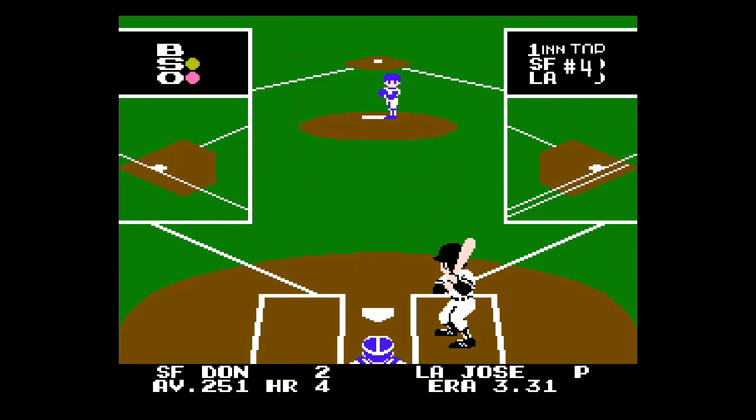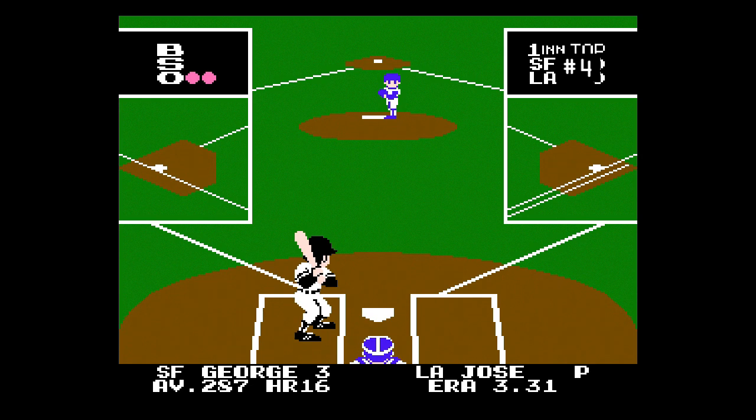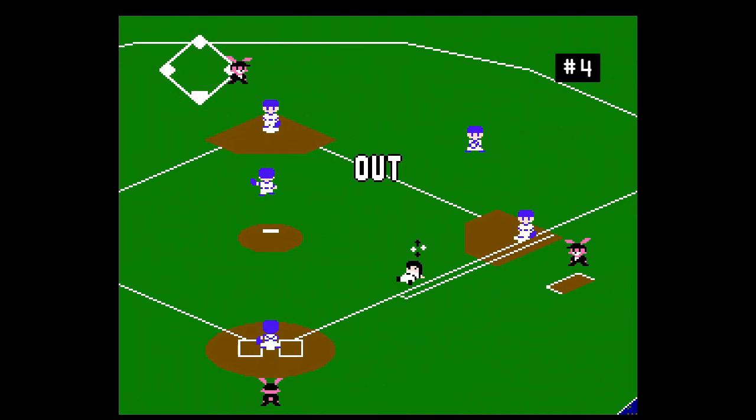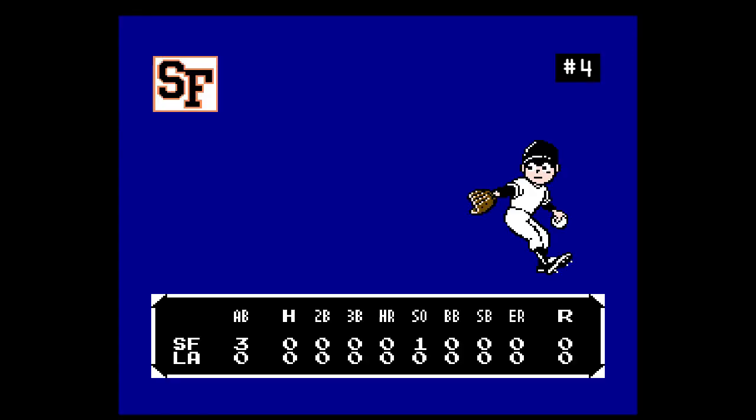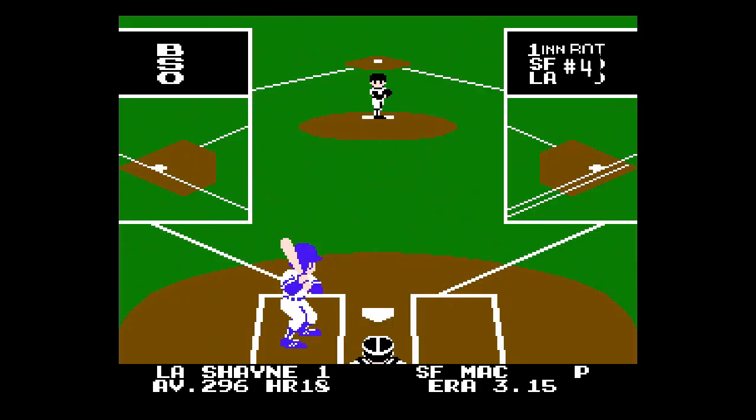If this game would have had the Bases Loaded, Super Bases Loaded, or Bases Loaded season mode, this game would be at my number 1. But it's my number 4 game. And you see they make the other guy fall. Funny. This game was